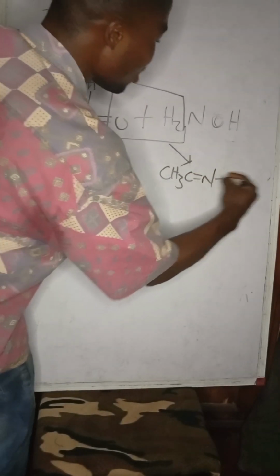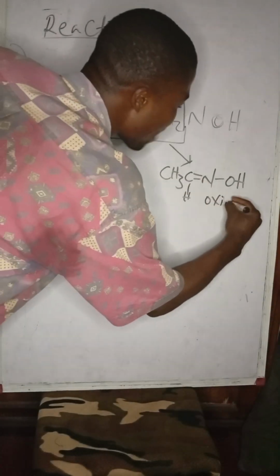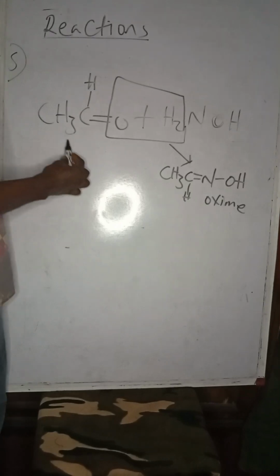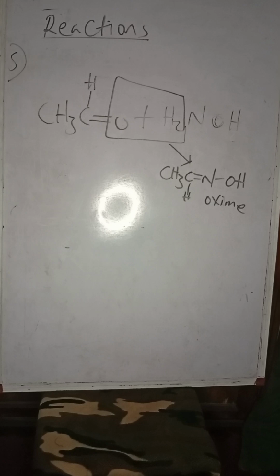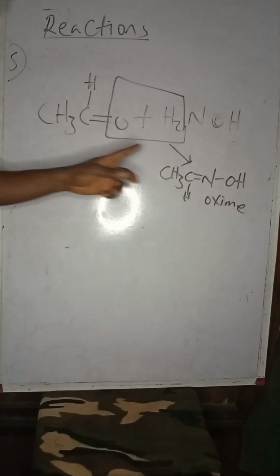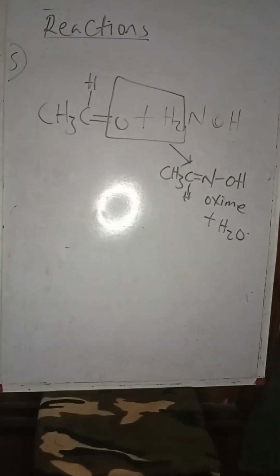So our major product is CH3, C double bond N, OH. This compound that is formed is called an oxime. When alkanals react with hydroxylamine, we form aldoxime. When alkanones or ketones react with hydroxylamine, we form ketoxime. Usually there's the elimination of a smaller molecule such as water. That's why it is called condensation. In the same manner,